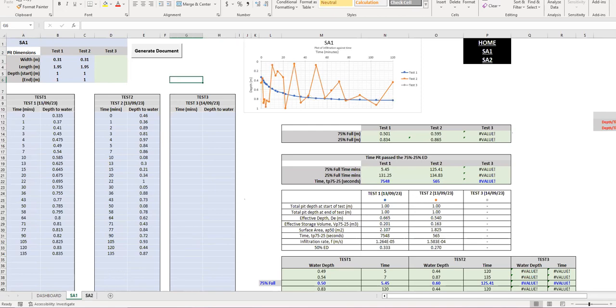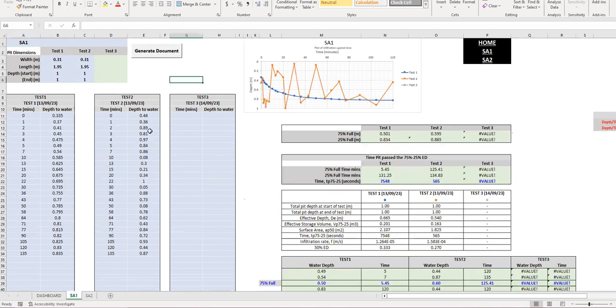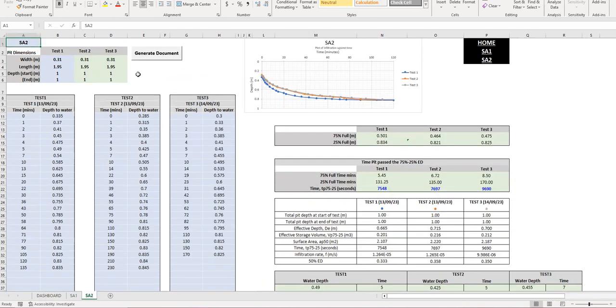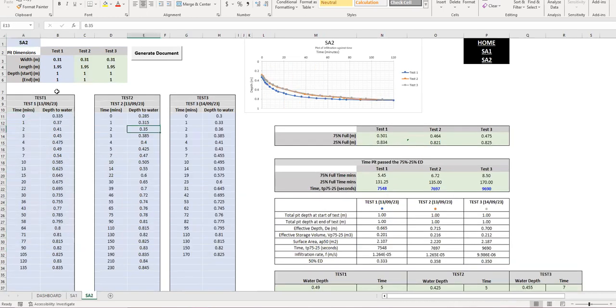All right, having said that, you can see chart 2 is there, and you have the button for generate document on SA1 and SA2. So you can create the document from anywhere, from SA1 or from SA2. So without wasting time, let's get started. We have two test results for SA1, and for SA2 we have two test results. So all the blue cells are your manual input cells,